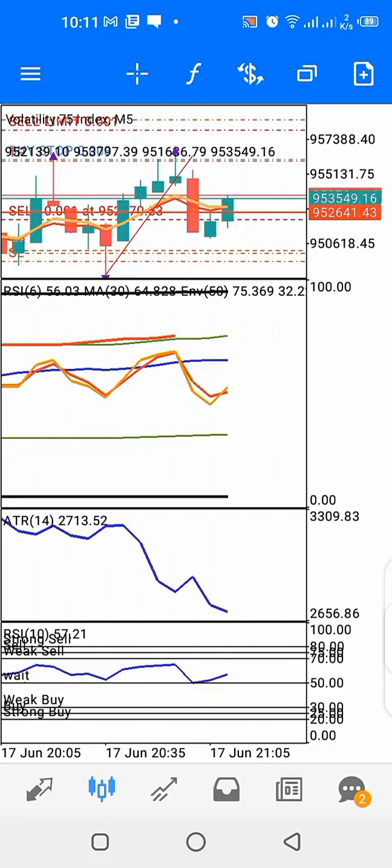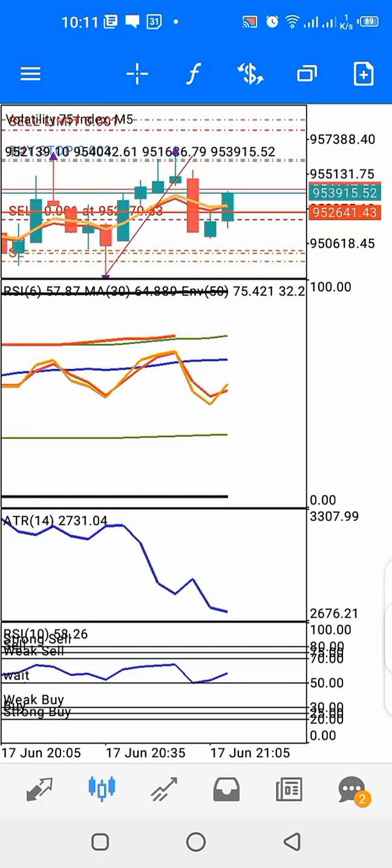Now, of course, I'll have two running trades, and I will need another hedge trade. So I'll now bring up a sell stop pending order as my next hedge trade, which is going to be 0.008 lot size. The first trade is always 0.001, which is the running trade. The first hedge trade will be 0.003, and the second hedge trade will be 0.008. If you have a bigger account like $300, for instance, you can place a third hedge trade, which is 0.016